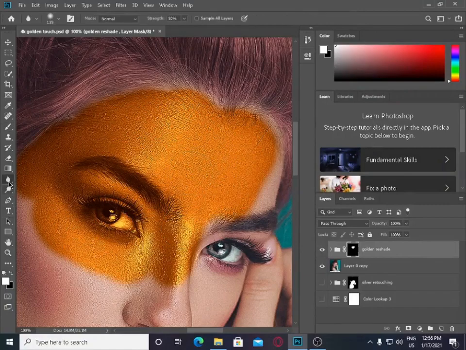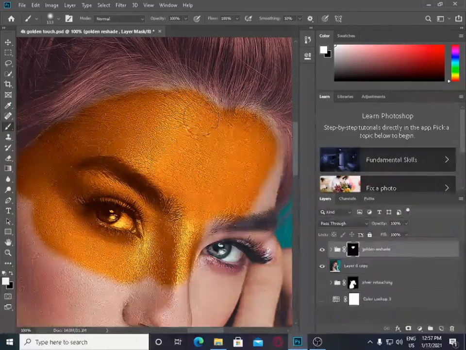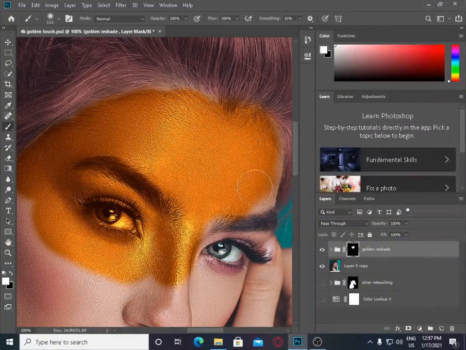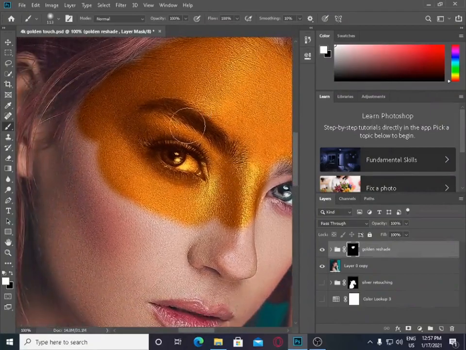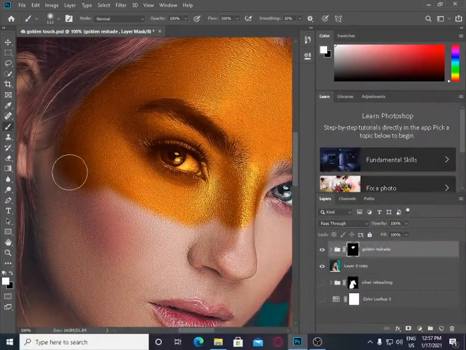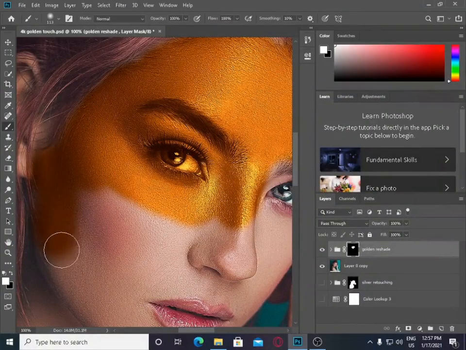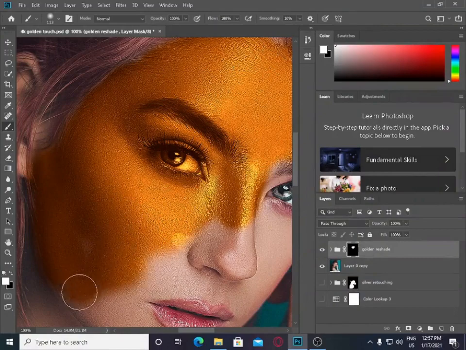But one thing I would like to say, after you've done this, take the blur tool and dab over the areas to mix it well. Make sure first you select the soft brush, all the way to 0 hardness, then you can easily paint these areas. In some areas you may need a harder brush, but now we're using a soft one. In the areas where you can see the hairs, use a soft brush there and paint over the skin, all over the skin,